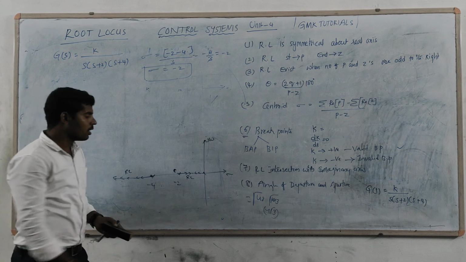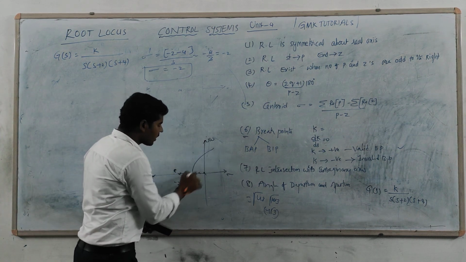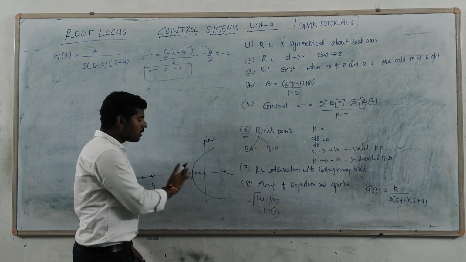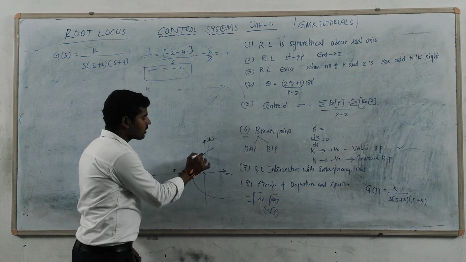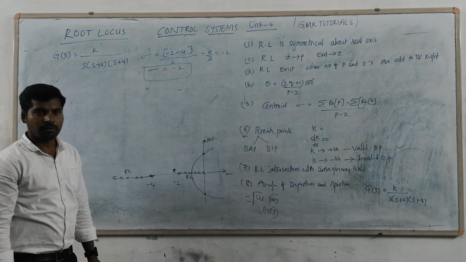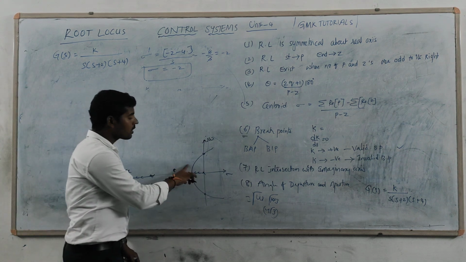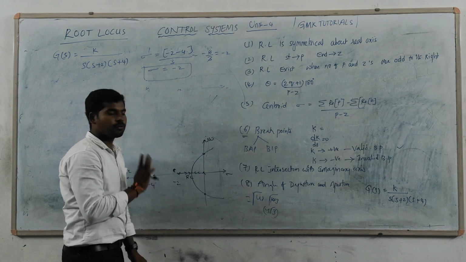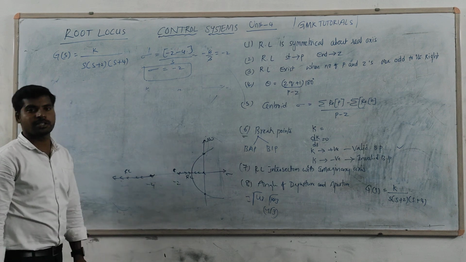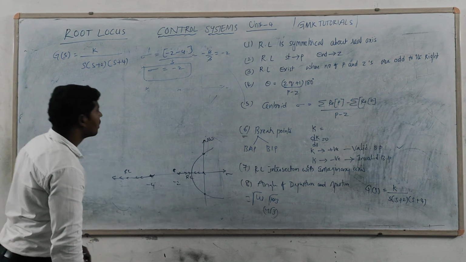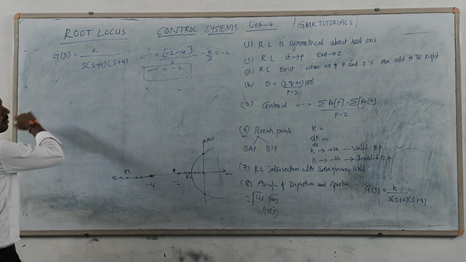The termination point will be 0. That 0 may be approached like this, right? Somewhere else, I don't know exactly. But there may be a chance that these two lines touch the j omega axis. Now our intention is to find at which point the root locus touches j omega. That is the basic thing. For that purpose, we need to follow the RH criteria to find the corresponding point of intersection. So actually our intention is nothing but the RH criteria.